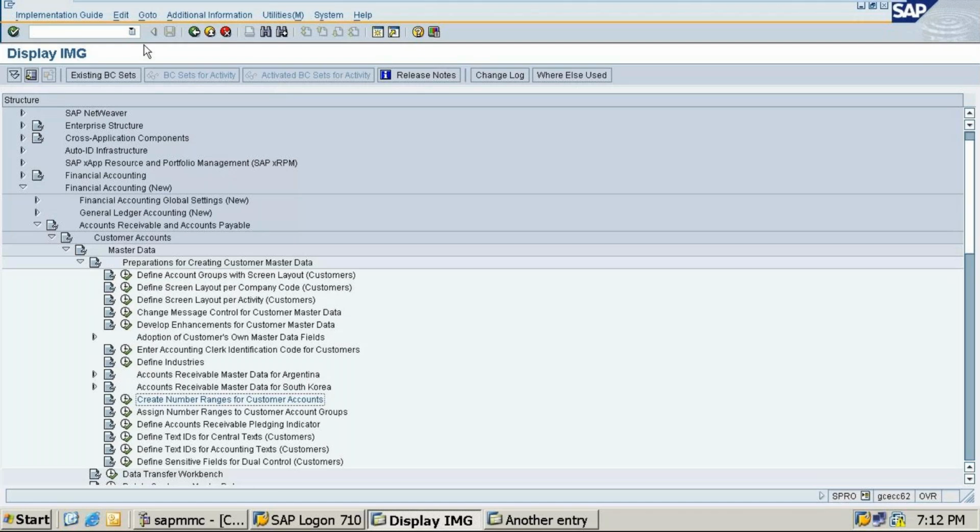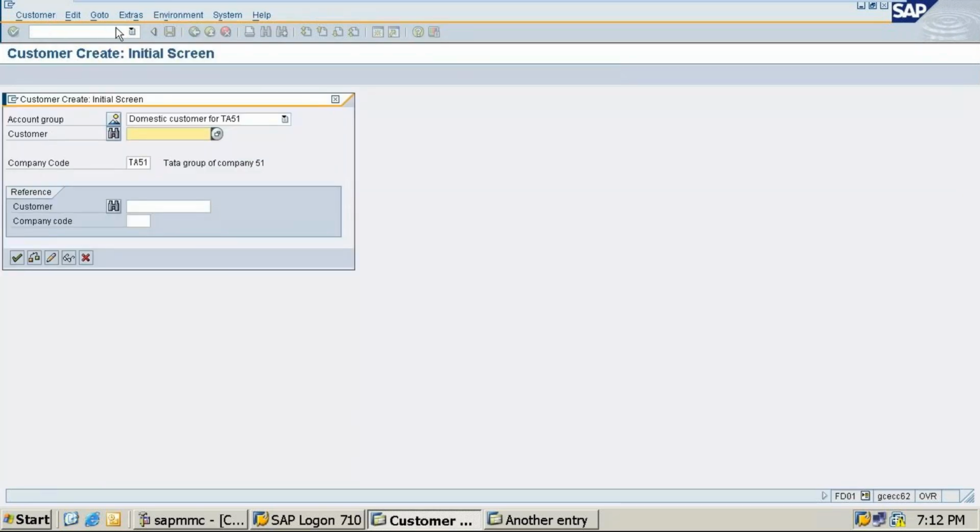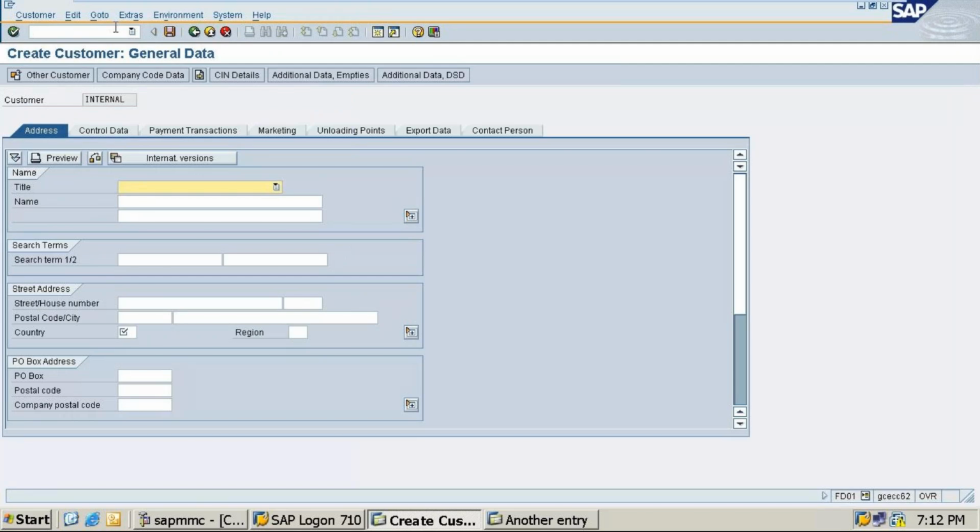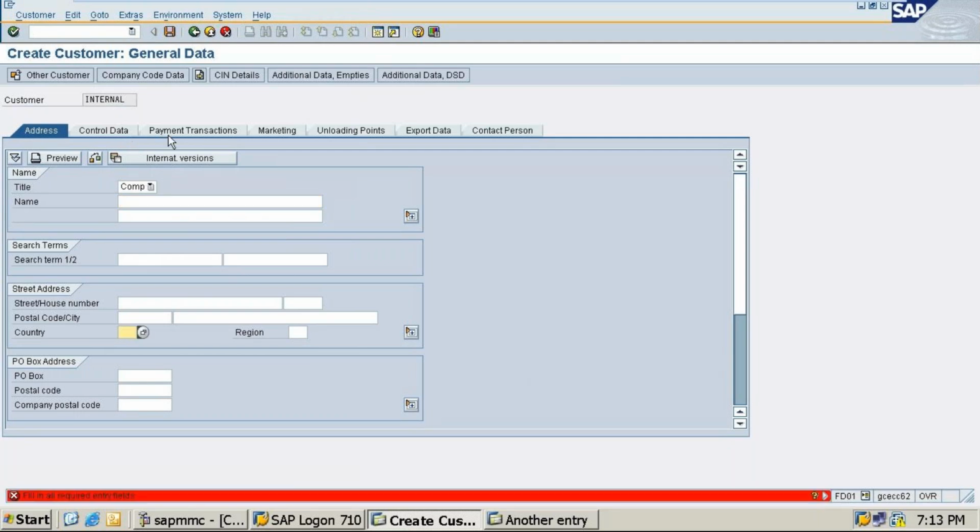Assign number range we have solved because the error is displaying. But the problem is why it is displaying as a currency. Okay, let's take slash n FD01. In the customer creation time, maybe you have made some mistakes. Check anywhere you have done any payment transactions or something, so you clicked it.